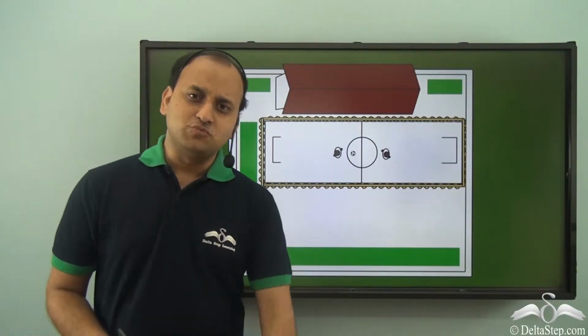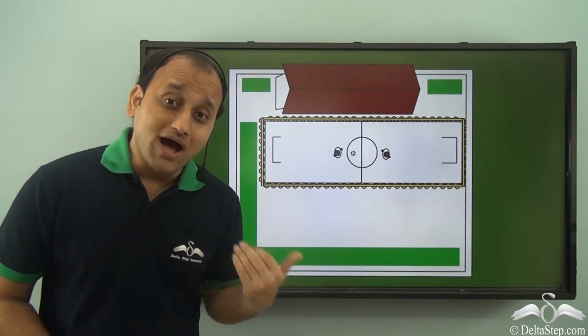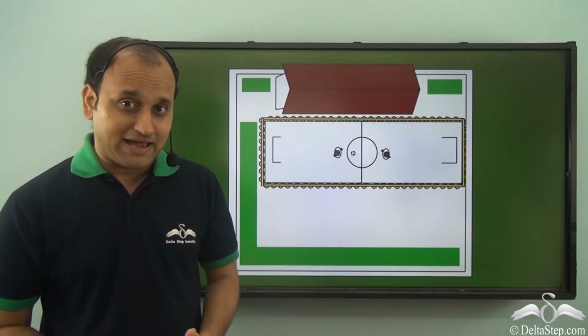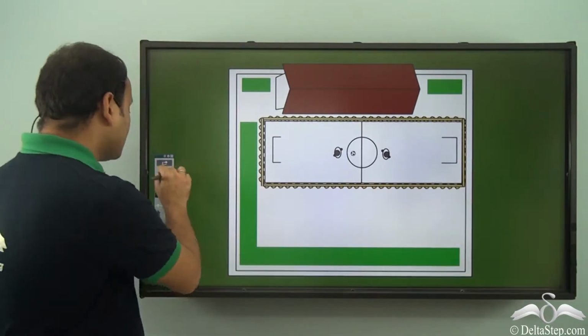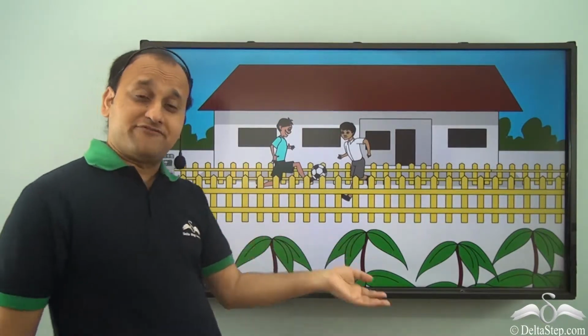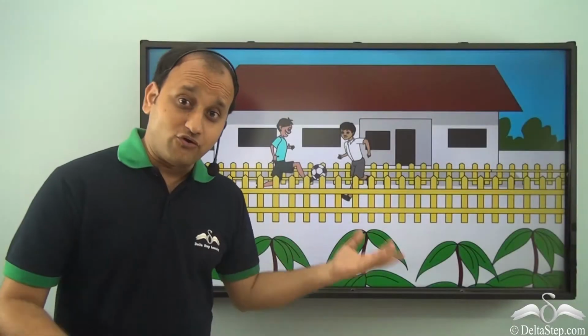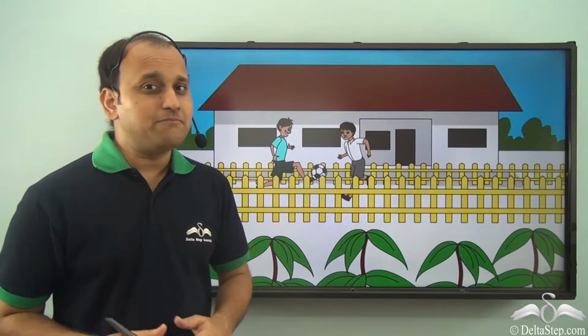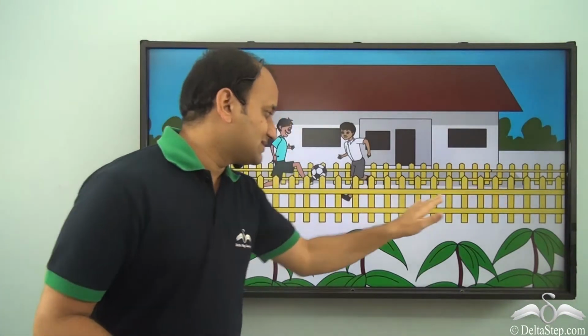Ravi and Sam used to play football in their backyard, and to avoid damaging any plants, they actually played in a fenced area. They had made a small fenced area and used to play football in that area itself. Now they had one small problem. When they used to fall down, they got hurt very badly. So they decided that they will cover this area with grass.